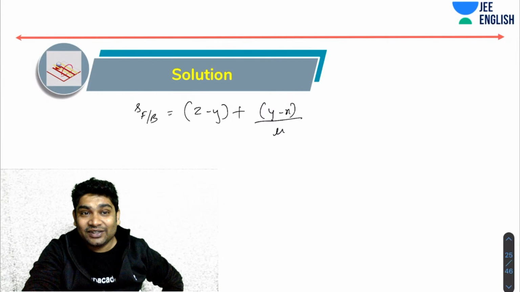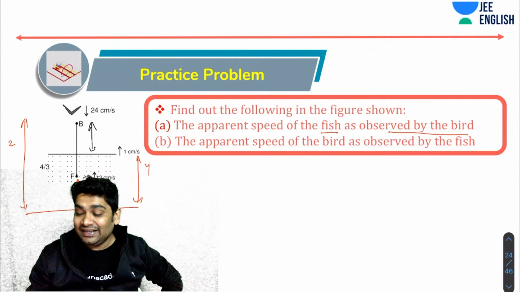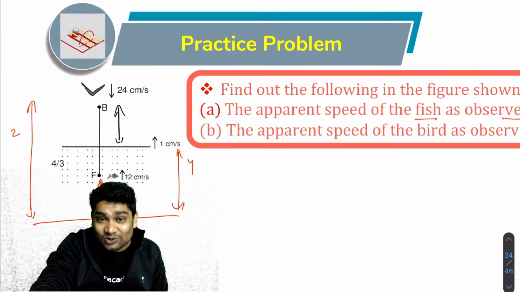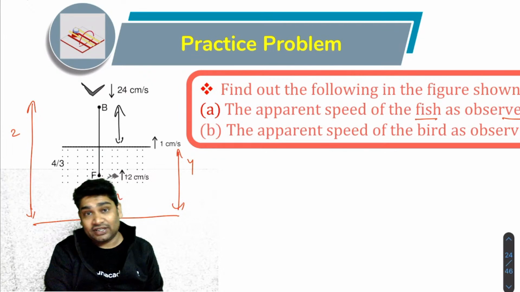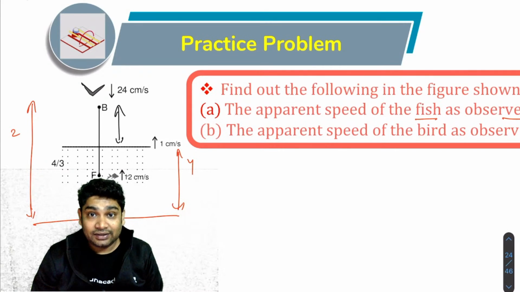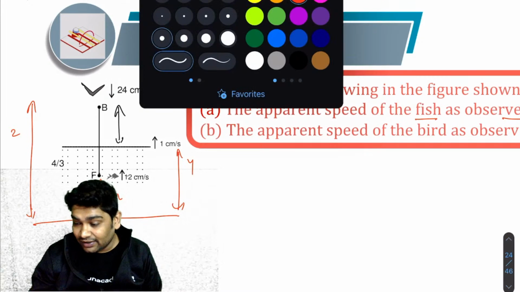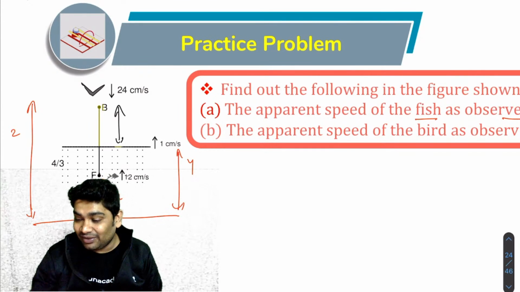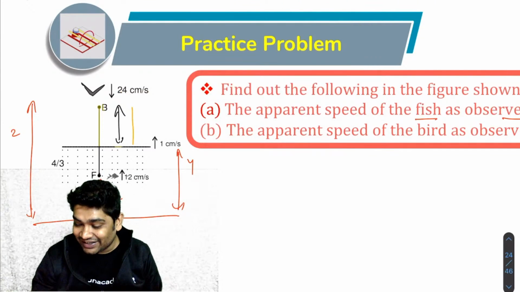ओके, सो अगेन नॉट रियली टफ वन। देखो, जब भी ऐसा क्वेश्चन आएगा, व्हाट यू हैव टू डू इज, देखो भाई क्या करना है। ये फिश भी भाग रहा है इधर उधर, बर्ड भी जा रहा है, पानी भी जा रहा है। सो क्या करना है? सबसे पहले ये देखना है बर्ड को डिस्टेंस क्या दिखेगा फिश का कभी भी। ओके, बर्ड कहाँ पर है? हवा में, ठीक है? तो बर्ड को हवा वाला डिस्टेंस तो ऐसा का ऐसा ही दिखेगा। अग्रीड, इस डिस्टेंस में कोई फर्क नहीं दिखेगा बर्ड को, ठीक है भाई? ये डिस्टेंस अनचेंज दिखेगा।